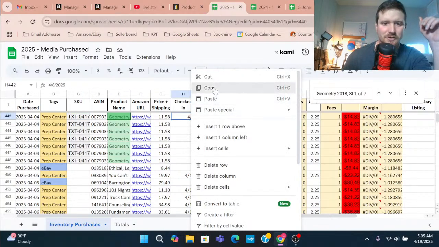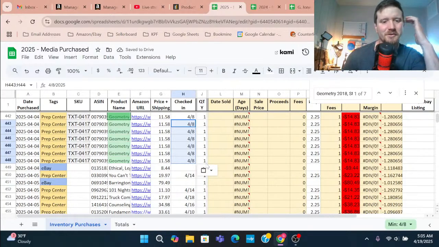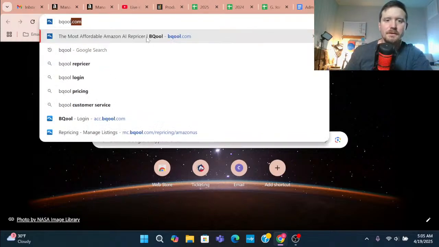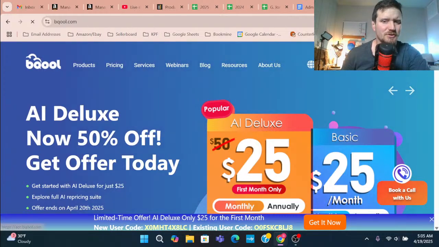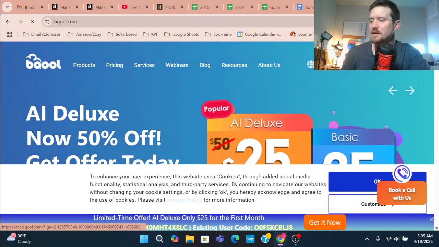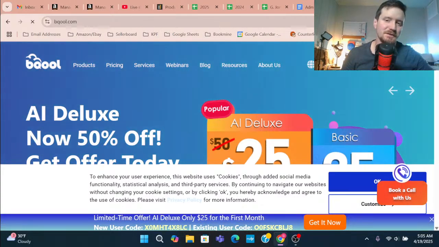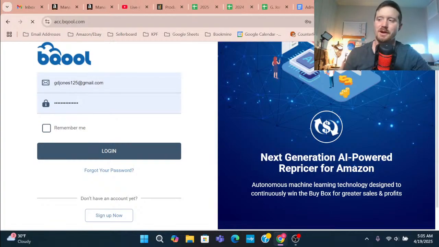I didn't check all these in. See, this is why I always like to go to my spreadsheet. That way I know that my spreadsheet's up to date and no issues. All right, and something we haven't been doing is Be Cool. I need to hop over here to Be Cool and update this. This is why this is the most time-consuming part of the admin work. You're pretty much getting everything done up front. That way you don't have to do it every time you have a